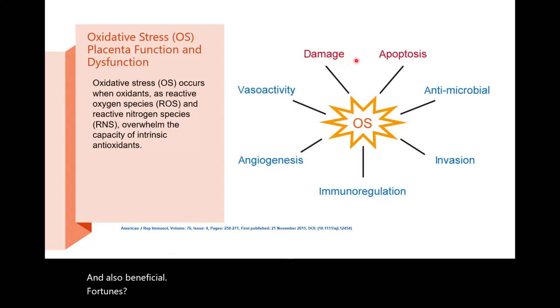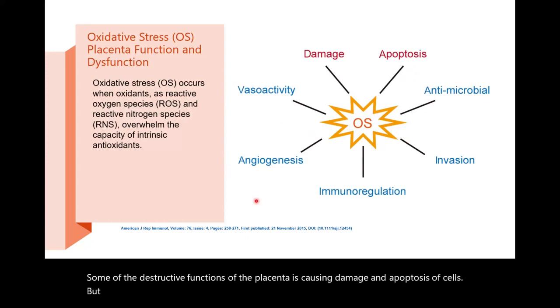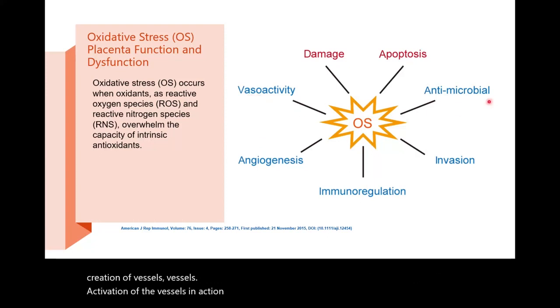Some of the destructive functions of the placenta is causing damage and apoptosis of cells, but some beneficials for the fetus, for the baby, will be creating invention, immunotolerance, creation of vessels, activation of the vessels, and action as like